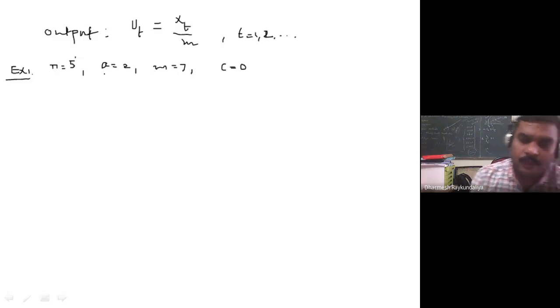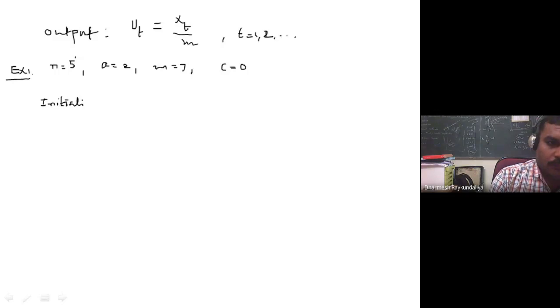So we can generate random numbers using the multiplicative congruential generator. Initially you have to initialize, that means you have to take x0 from the set S.